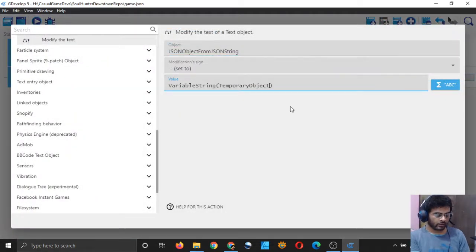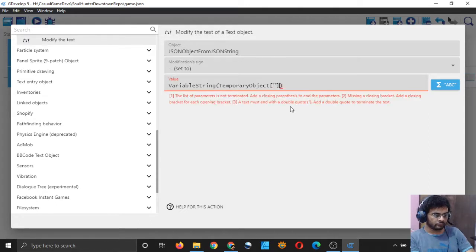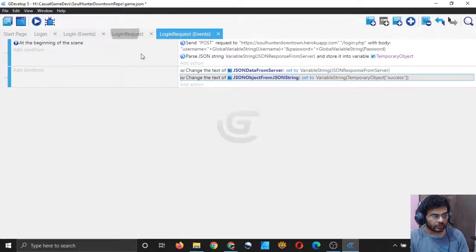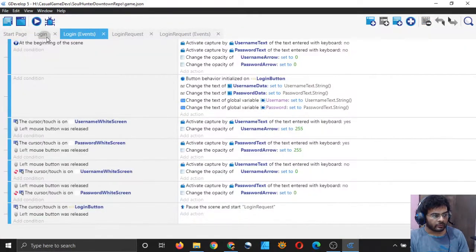Temporary object, and I want the success of success, which is the child of that object, which is present inside the object, right? It's a field, so I want that, and let me see if it gives me that field. So let's see that. I will again run my game.